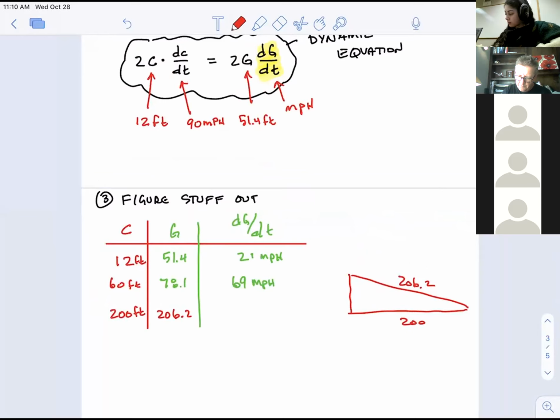So again, just to stir your brain a little bit. If I stick 200 in for this, 90 is a constant because you're going a constant speed, and I stick 206.2 in for G, so I have 200 times 90, and then I divide that by 206.2. Notice your speed is 87.3. Do you see what's happening? It's approaching a limit. In other words, now you're far enough away that he's only reading the speed and he's only off by like 3 miles an hour of your actual speed. Now you're going to get a ticket.